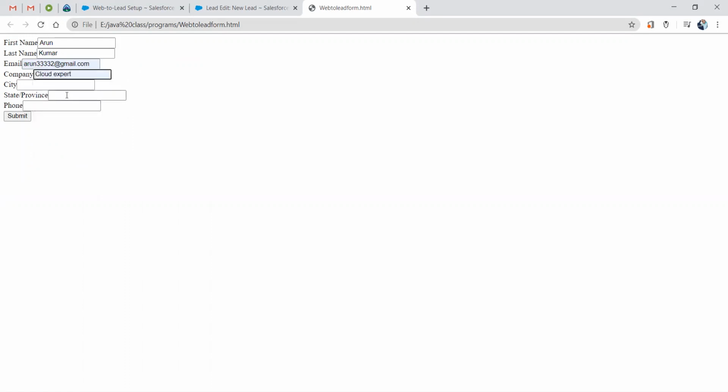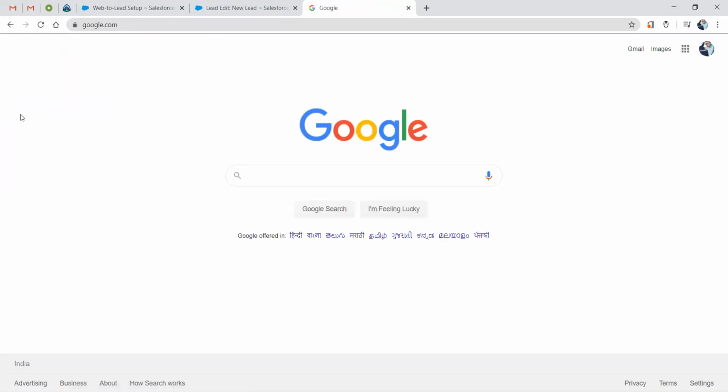I'll give the company name. I'll provide the city, the state, Karnataka, and phone number. On clicking the submit button, as I said, this data will be captured in my Salesforce lead object. I'll click on this button and it's getting redirected to google.com. This is the return URL which I have set.